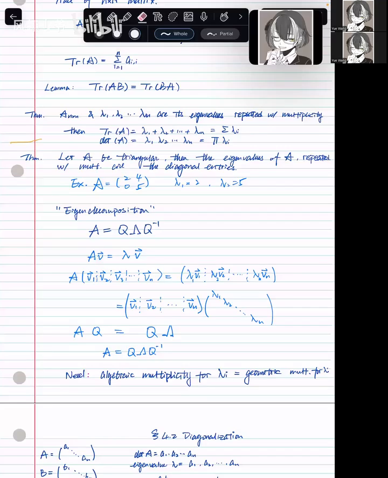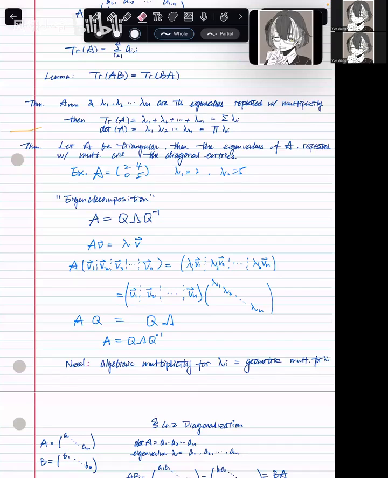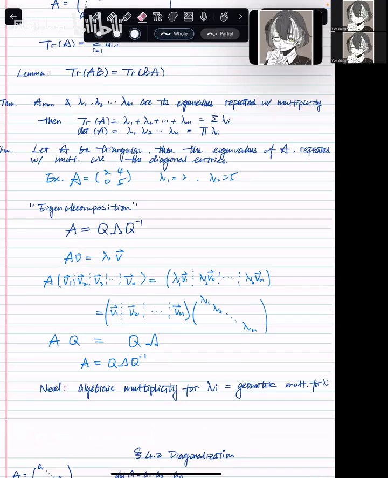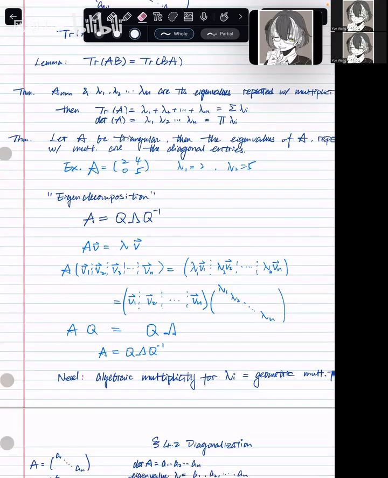Okay, last time we talked about the theorem on the trace and determinant of eigenvalues. This time, let's talk about the theorem for when A is a triangular matrix. We all know what a triangular matrix is. The eigenvalues of A, repeated with multiplicity, are the diagonal entries for triangular matrices. So for example, if A is [2 4; 0 5], then it has two eigenvalues: lambda 1 equals 2 and